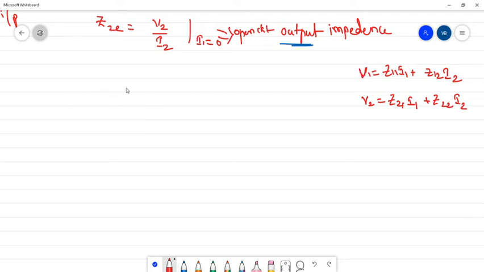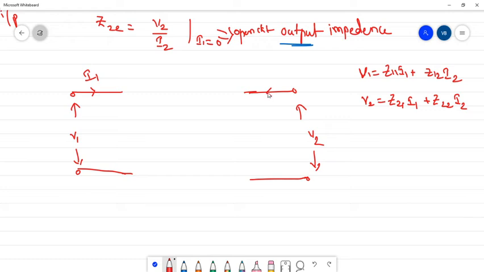So V1 is at the input side, and the current that passes through the first input port is I1. So V1 and I1, these are the ports. The network we should replace. Okay, so the output port here I am going to draw. The output port also has V2 as a potential difference, and I2 is the current flowing inside through the second port.